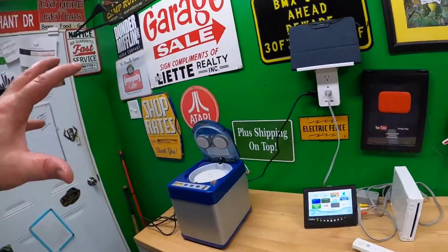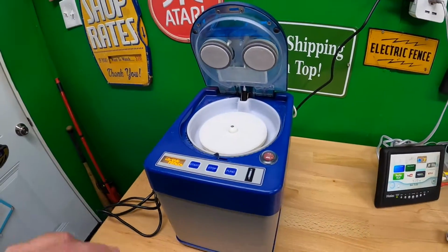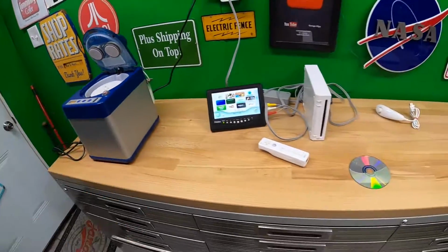Hey guys, want to share with y'all how I repair discs on this Eco Pro 2. This is a disc cleaner that I just got a few days ago. Used a pretty good bit already. But anyways, I have a